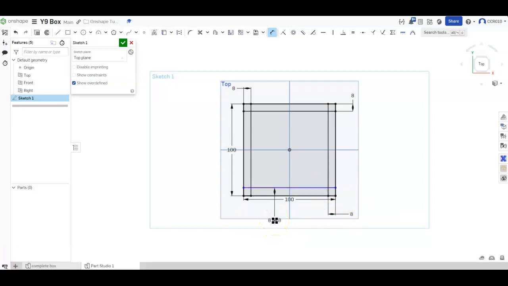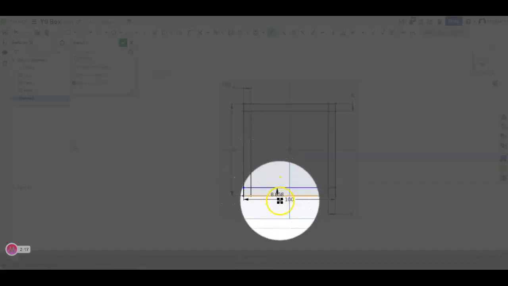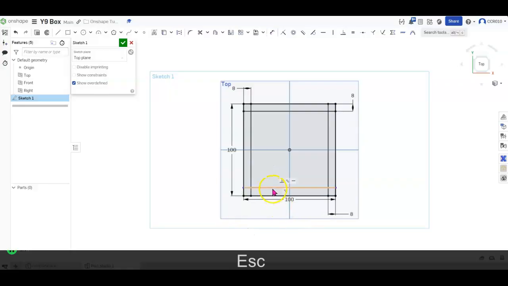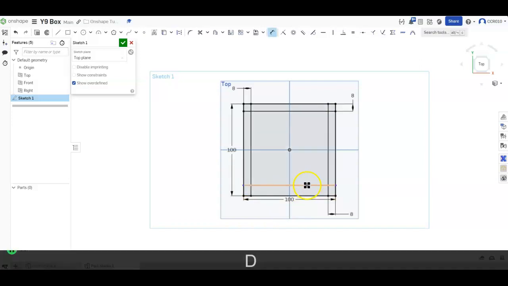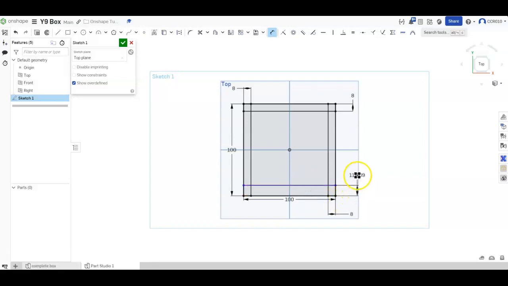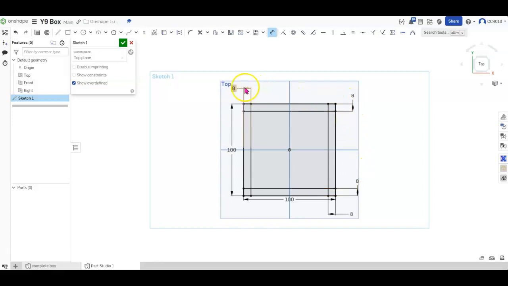So you notice now that the lines here are black and this one's blue. If they're black, it means that they are fully constrained. They can't be in any other position because the dimensions have been added. This blue line here, let's just escape out of that. We can see that if we click and drag it, it can be moved because there's no dimension to tell it otherwise. Let's press D and add that missing dimension. Double check, 8, 8, 8. Good. Let's close the sketch